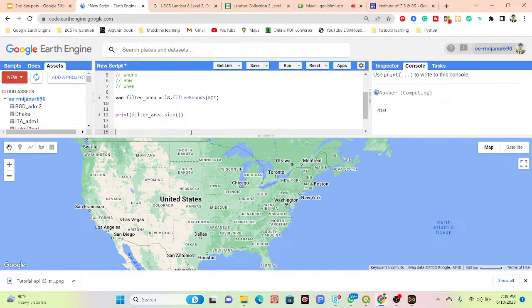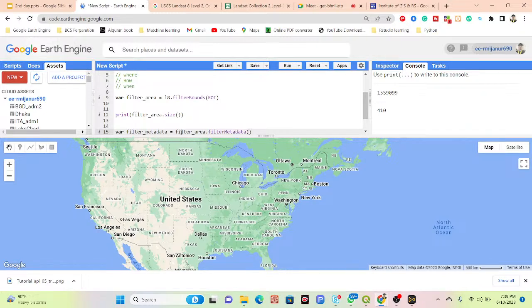For that, I take another variable, suppose filter metadata. You can use any variable name. The 410 images are stored in the variable filter area. I simply call that, paste it here and use the function filter